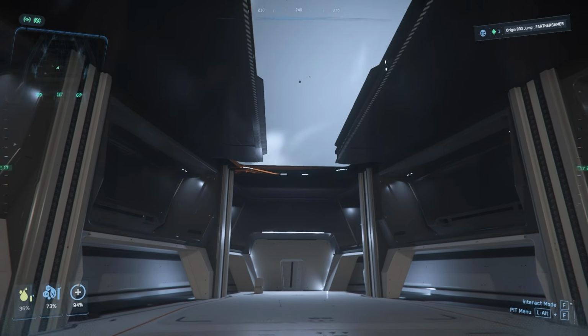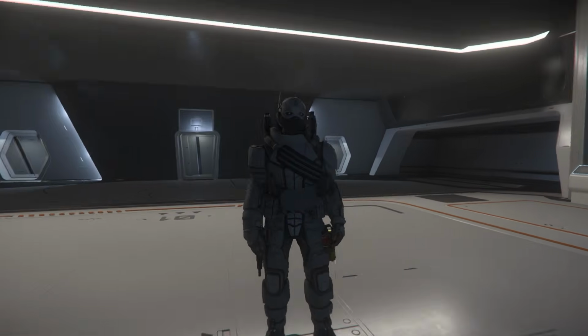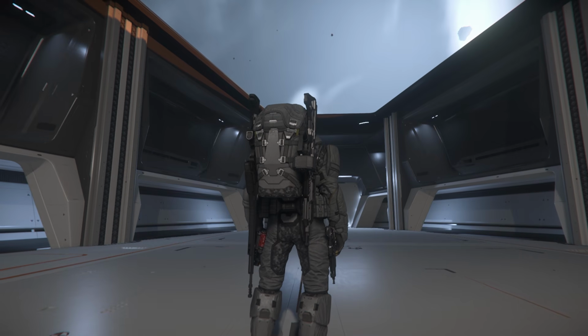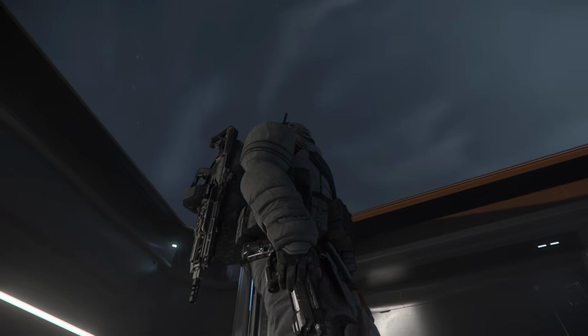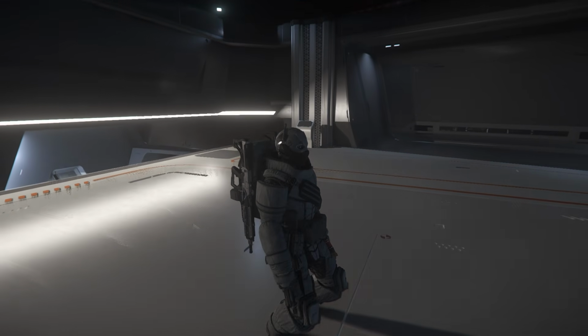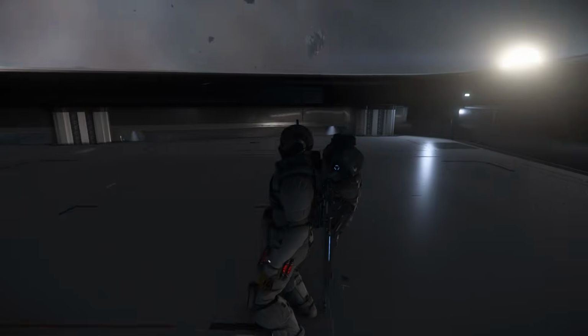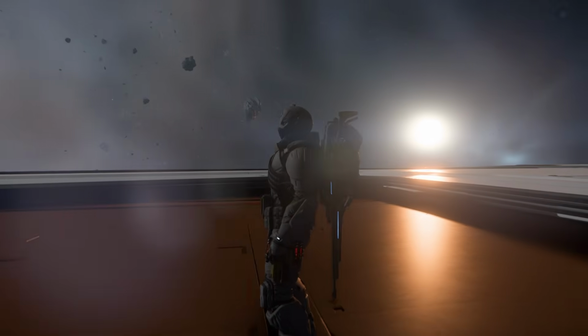Takes a little bit of time to open up and get you up there, but you'd be surprised what you can fit on here actually. I've managed to fit quite a few different interesting ships on here. I was trying to get the Vulture on here the other day, and I've seen people do it, but the way that you have to do it is you have to fly it in at a certain angle and then line up the other side,